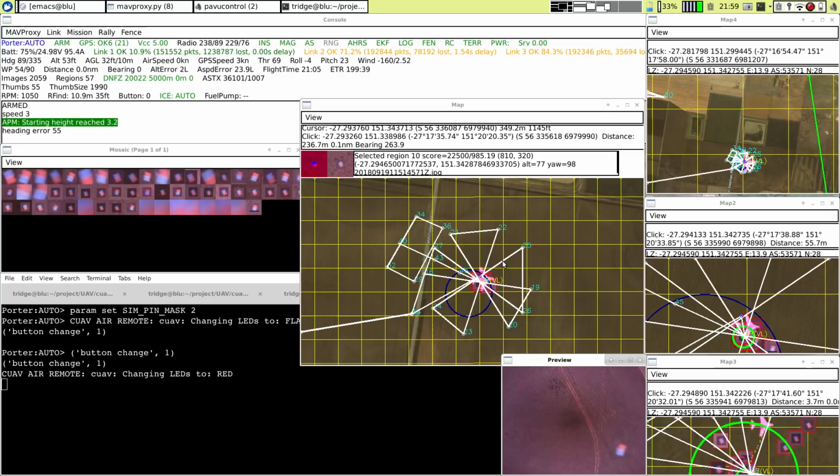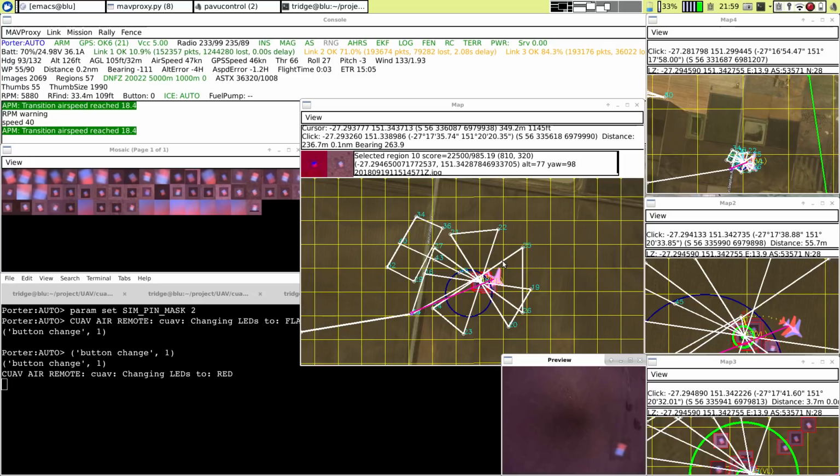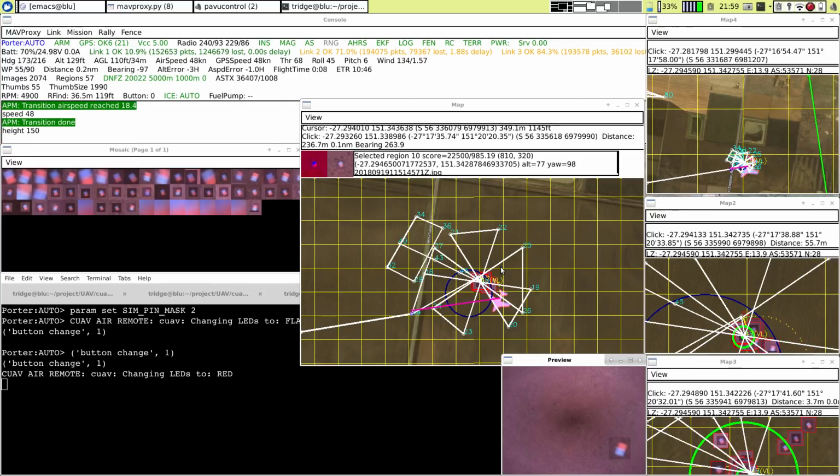Once it's started the VTOL takeoff, however, while it's on the vertical motors, it will continue the takeoff and then transition. So it has a nice large exclusion zone that it uses before it allows the takeoff to make sure that the airspace is very clear. So it's now the RPM on the petrol motor is coming up and it's starting to climb, and it's now